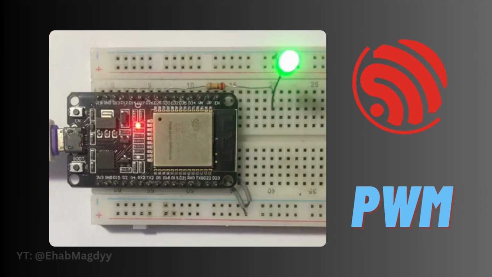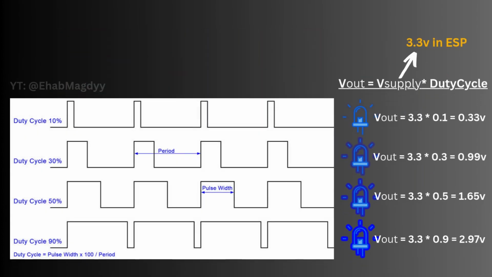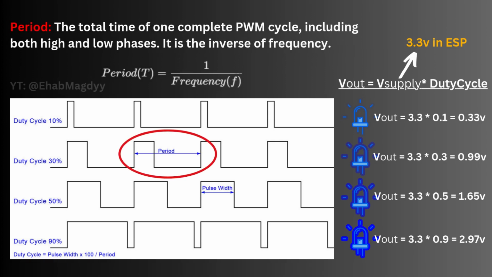Hello developers, in today's video we will learn how to generate a PWM signal using ESP32. So, let's get started. The main definitions in pulse width modulation are: the period, which is the total time of